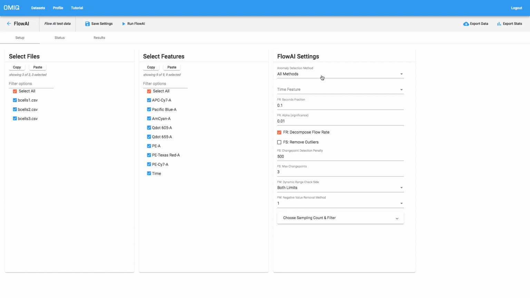The next option that we have to choose is which anomaly detection method we're going to be using. Now this is really the methods that Flow AI is based on, and there's three core options: FR, FS, and FM. And these are names given by the Flow AI algorithm to denote flow rate checks, signal acquisition checks, and signal dynamic range checks. So what flow rate does is it looks at, intuitively, the flow rate of the data